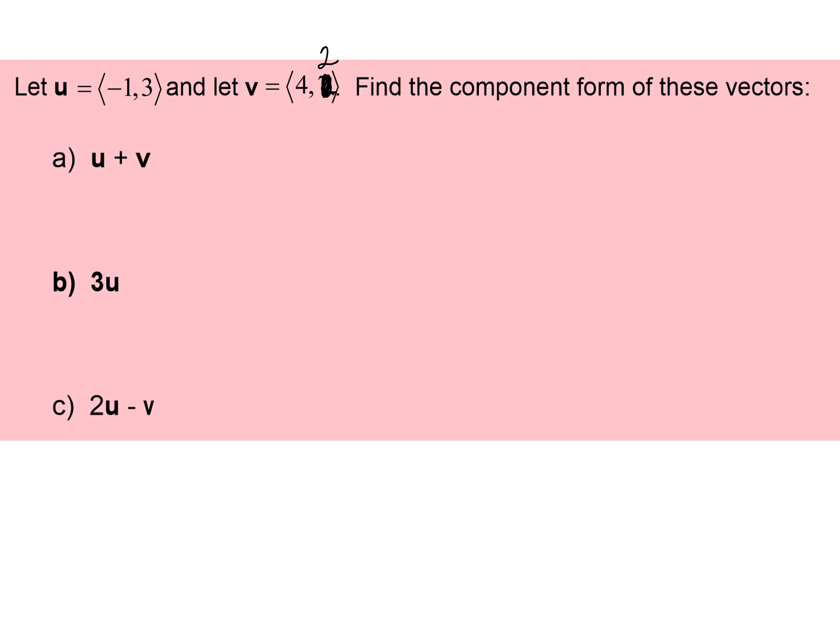So I changed one here. One of these vectors was going to go off the page for a later graph. So it gives you two vectors, and again, we know they're vectors because of the alligator brackets and not parentheses. Parentheses are ordered pairs, so that would be a point. So vector u is <-1, 3> and vector v is <4, 2>, and it asks us to find the component